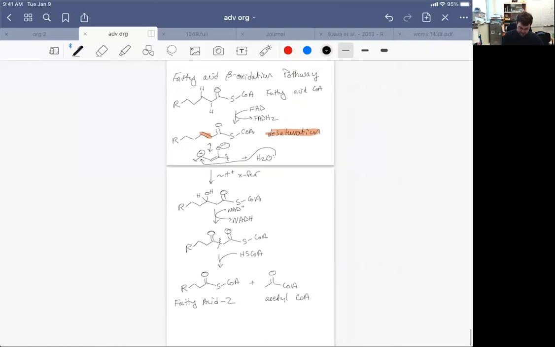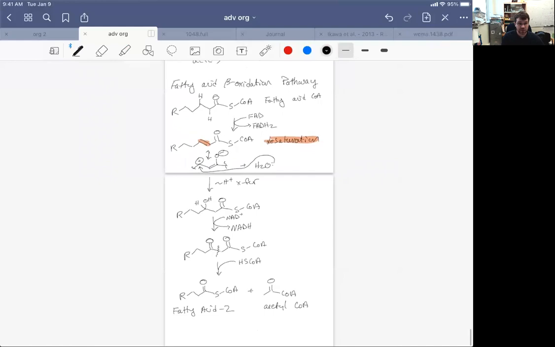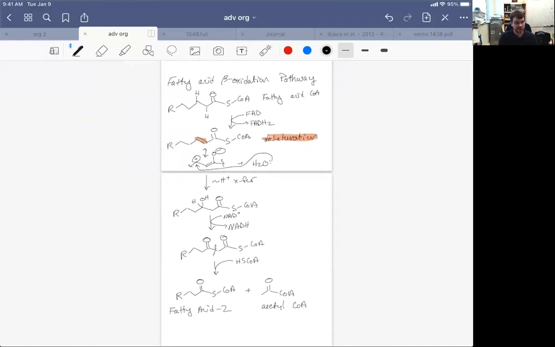You might be thinking, well, how did we really catabolize this thing? Did we really break it down? Yeah, we sort of chopped 2 carbons off of the long fatty acid chain. So what do we do next? We take our fatty acid -2, which is down in the lower left, and we push it through the entire